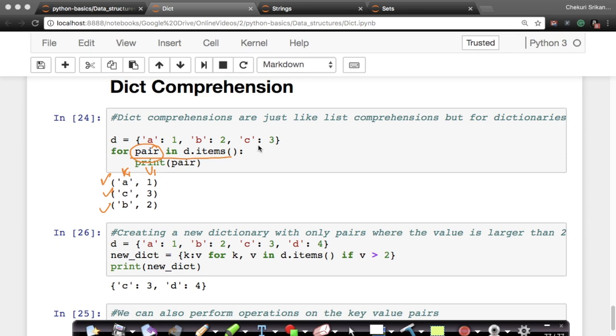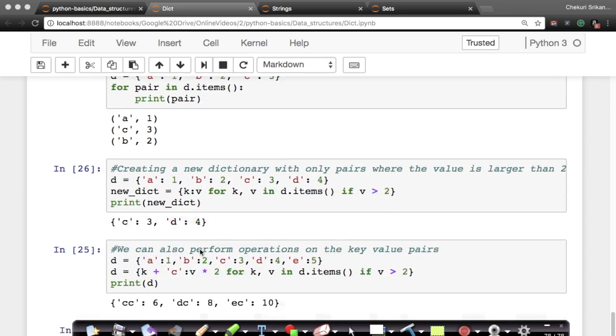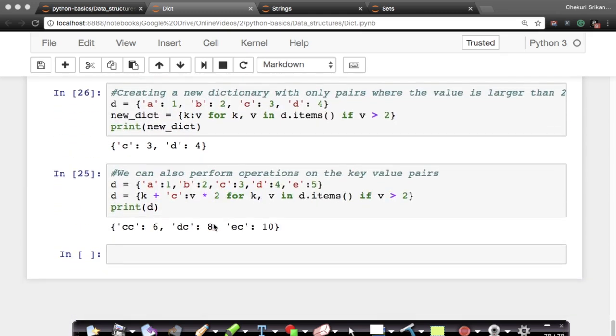So if you want to loop or iterate through elements in a dictionary, this is one way to do it. Again, the in keyword can be used here, just like in a list. When you say pair in d.items, it returns pairs of key and value in a tuple. The next very interesting thing here is our comprehension strategy. Let's say you have a dictionary like this, A1, B2, C3, D4. If I want to create a new dictionary which has key colon value, where the keys and values come from d.items,